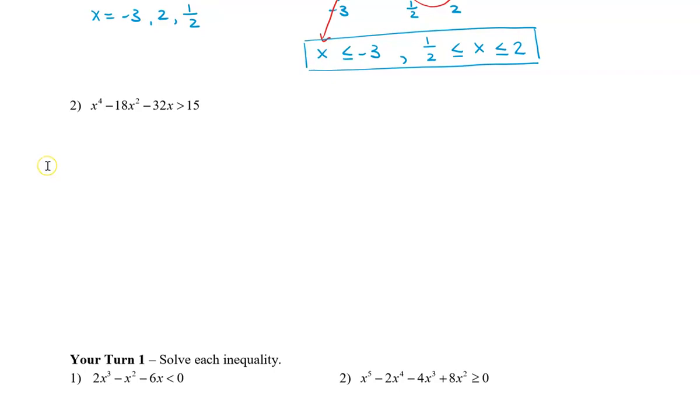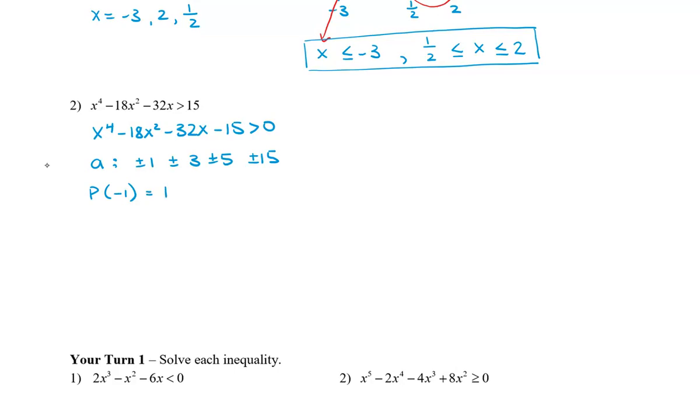All right, let's do one more question. So in this polynomial, we'll have to move the 15 to the left side first. So this will be greater than 0. So we're going to list our possible zeros. According to the constant, our possible zeros will be plus or minus 1, plus or minus 3, plus or minus 5, and plus or minus 15. So I can see that 1 probably doesn't work because I'll have a lot of negative numbers here. So we try -1,